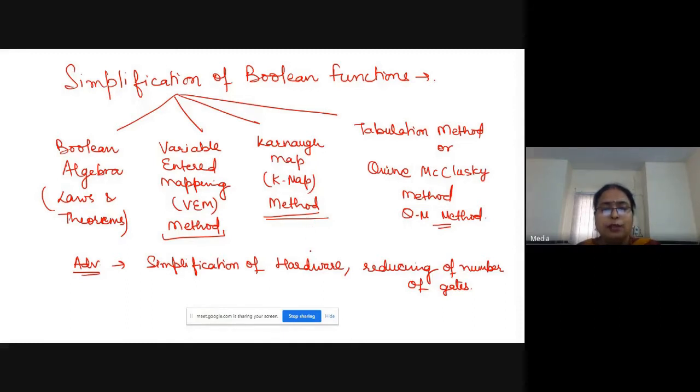Why do you need K-map? Because if the Boolean function is very large, with more than three variables, A, B, C, D, E, F, G, H, then this Boolean algebra method is not feasible.